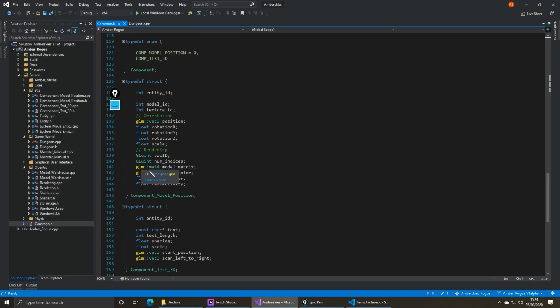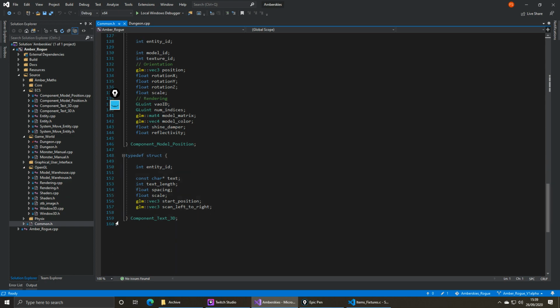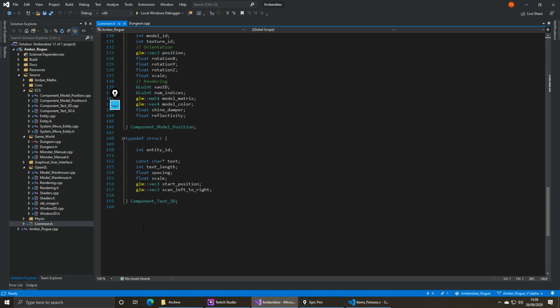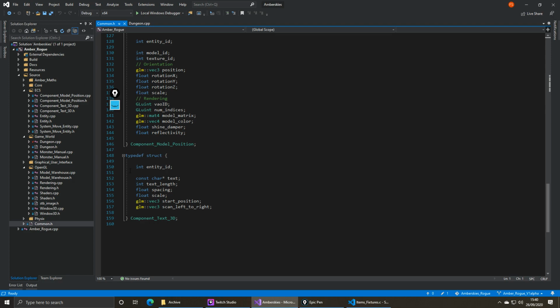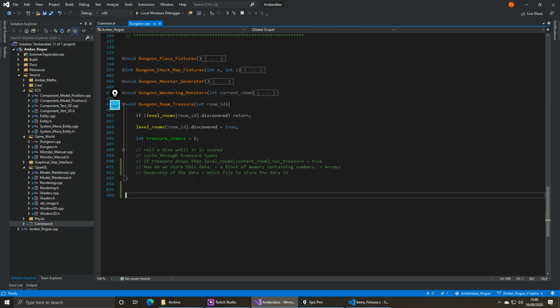Now, I could go down that route, but then I would have one of these blocks or structs for each type of item that I place into the game. And I realized that that is not what I want to do. I want to go down the other route of using an array of a single type.